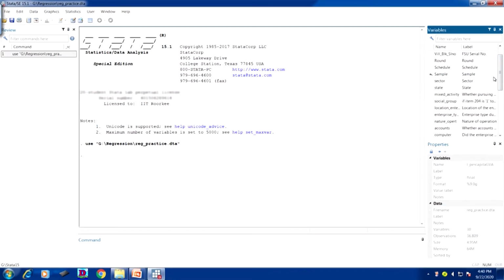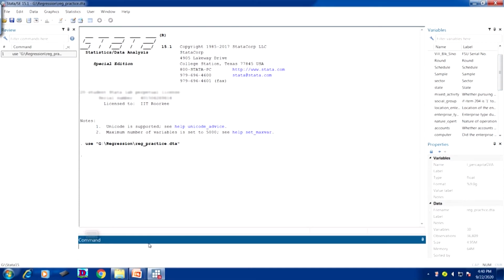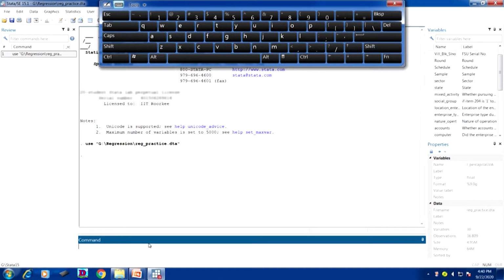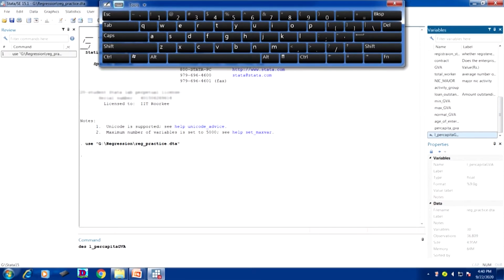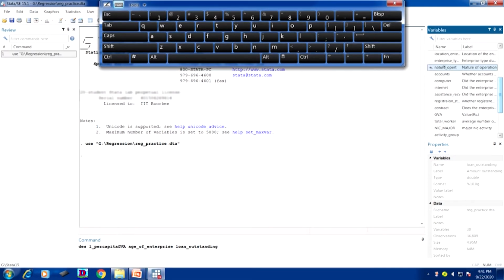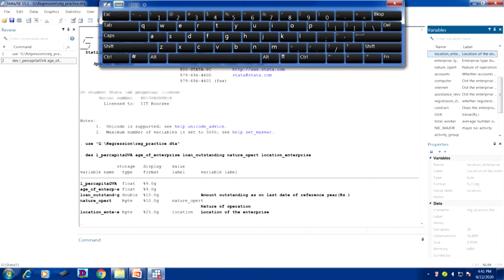Okay. For simplicity I am simply copying the variable, otherwise I would type describe only D. Okay. So, describe, then if you just click here, and any independent variable, this will give us some description, like loan outstanding, nature of operation, location, etc. If I simply enter it, it gives me the description of those variables.